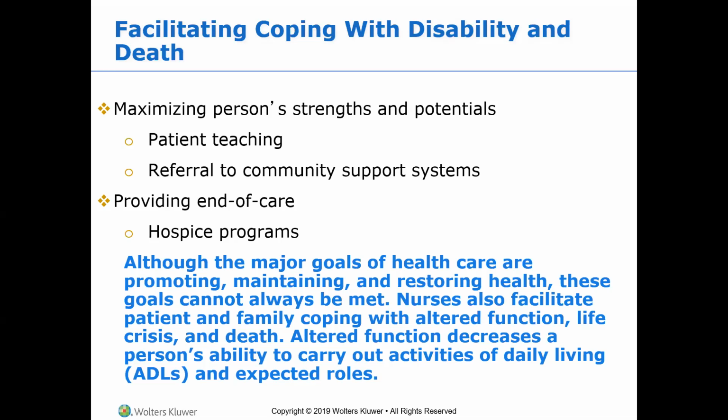So first, our major goal is to promote, maintain, and restore health, but we can't always do that. So when we can't, then we help the patient and the family cope with the altered level of functioning, with the current life crisis that's occurring, or with death, if that's what the issue is. And then that altered level of function is going to decrease that person's ability to carry out their everyday activities of daily living, and that is going to alter their role function. So meaning that if, let's say, my husband was suddenly diagnosed with congestive heart failure, and he's the main breadwinner in the house and now he can't be the breadwinner in the house,